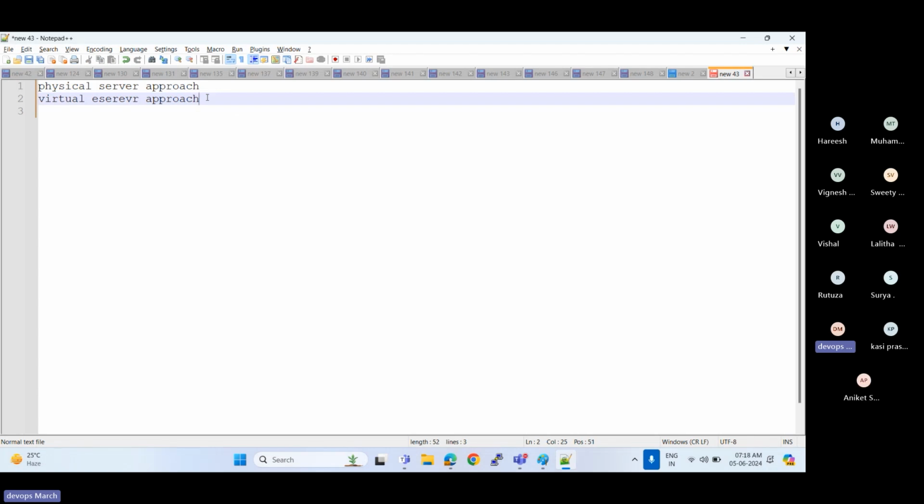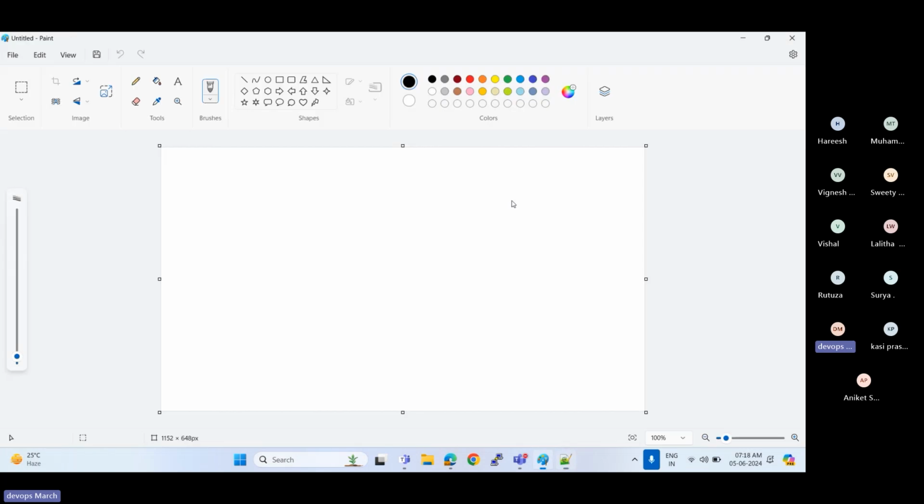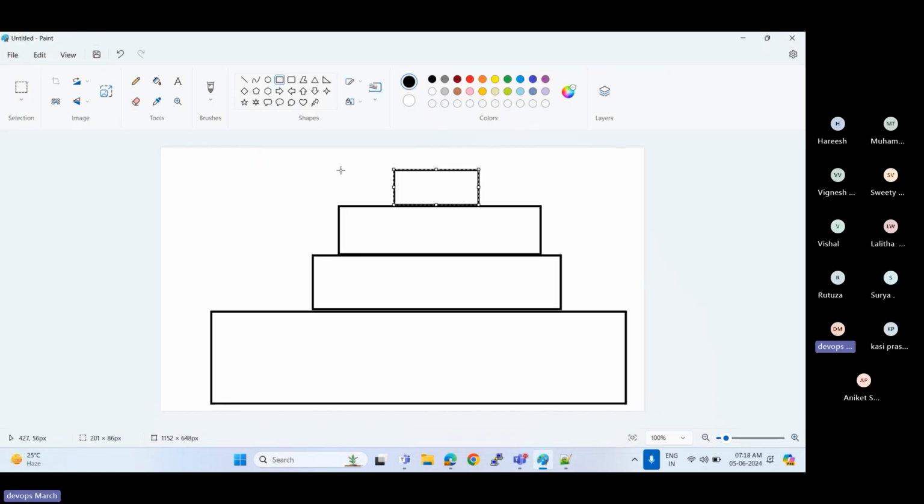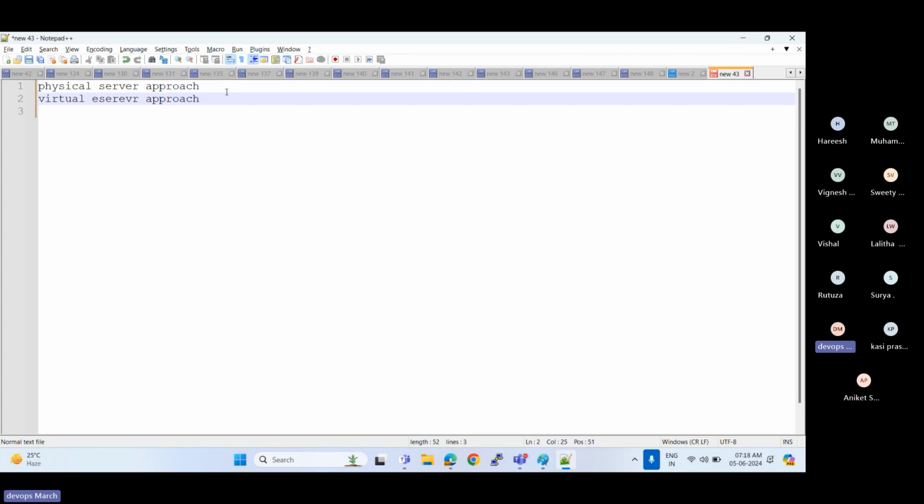For the physical server approach, let's take an example, a diagram. What is the difference between the physical server approach and the virtual server approach? Anyone knows the generic terms? What is physical and what is virtual?